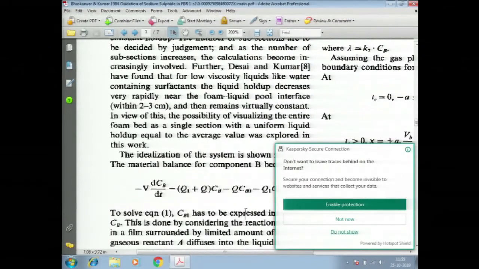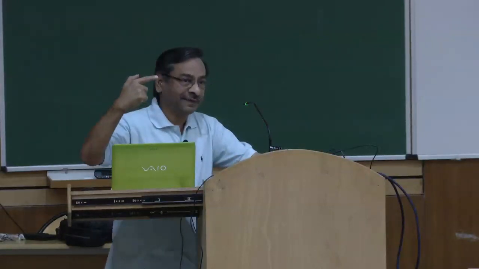D is Na2S, yeah, because you can't see anything which is there to react. The only way the reaction will be seen is in terms of enhancing the rate of absorption in foam section. Suppose the oxygen is dissolving from bubble into a foam film, normally it would have a flatter concentration profile, but if reaction is there, the concentration will drop sharper, so the gradients will be sharper, so the fluxes will be higher. That is the way, and that sharpening of the gradients will be seen in similar fashion as you had done in the first problem.